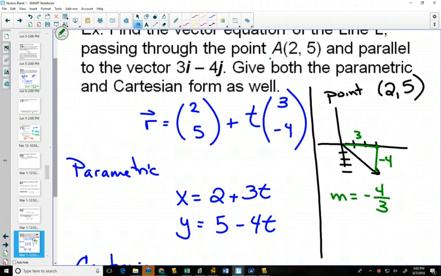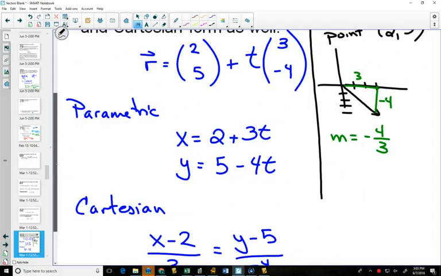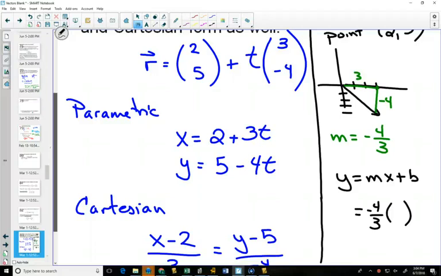It tells us that the line is going through the point (2, 5). So in grade 10 math, you learned two different techniques to find the equation. Technique number 1, which I find you remember more, because most people remember y equals mx plus b. If you know what your slope is, and you know a single point, saying that when x is 2, y is 5, we could solve for b, and you get